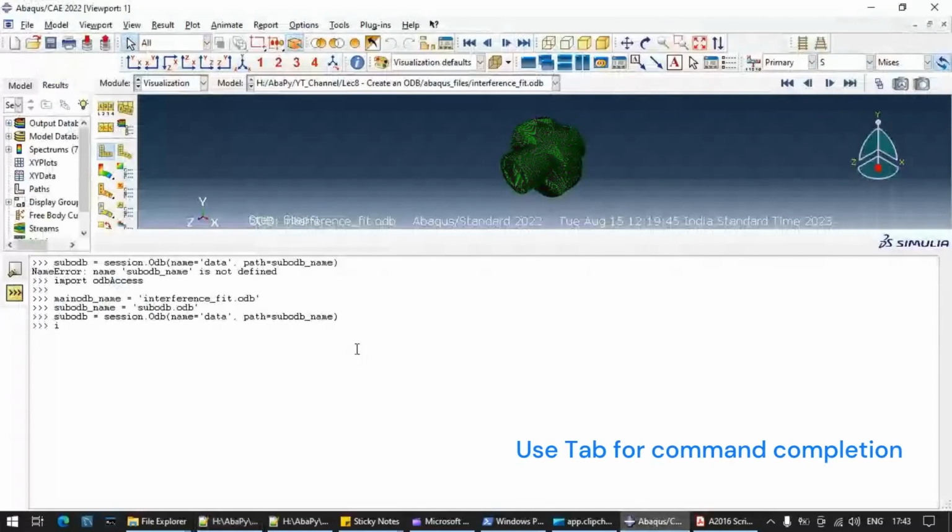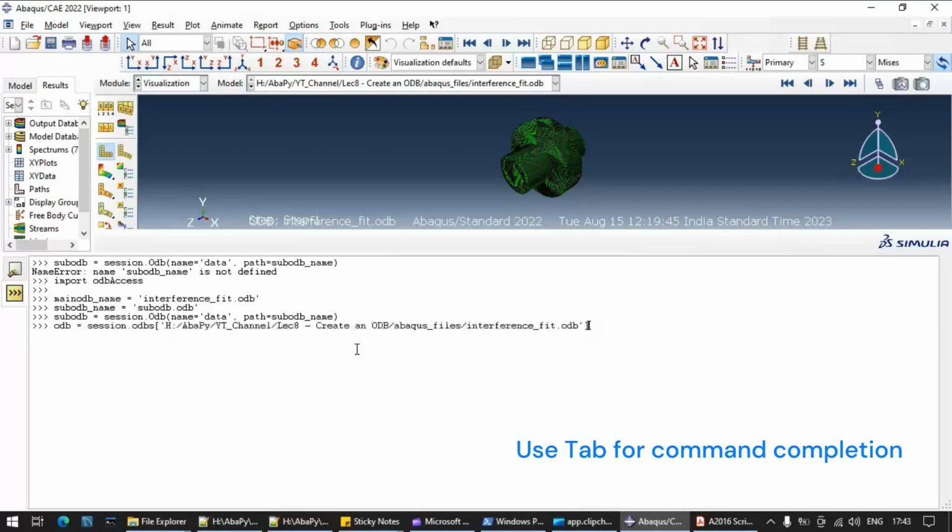So write ISN names. Let's create one variable and store the information. So odb.root assembly. Okay, we don't have the odb object itself, so let's create odb object. So session.odbs.